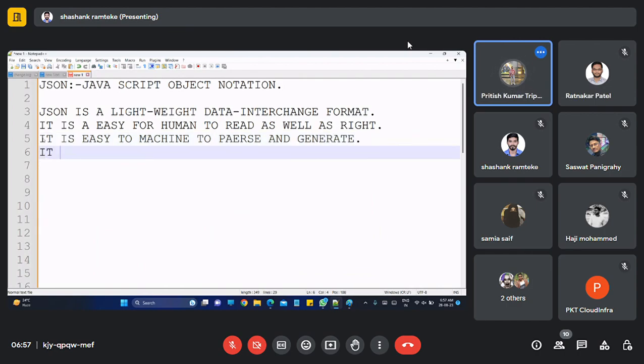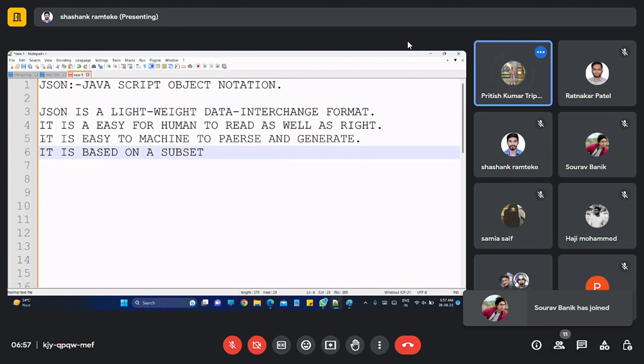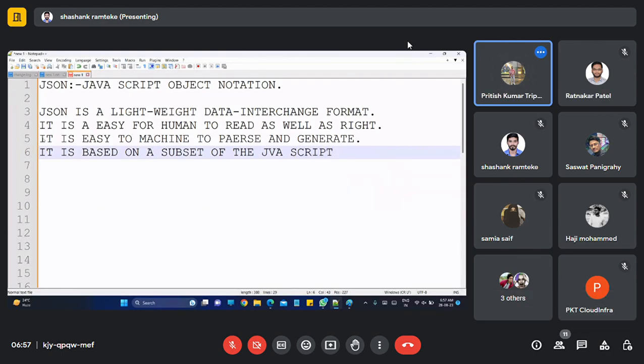And it is based on a subset of the JavaScript programming language.